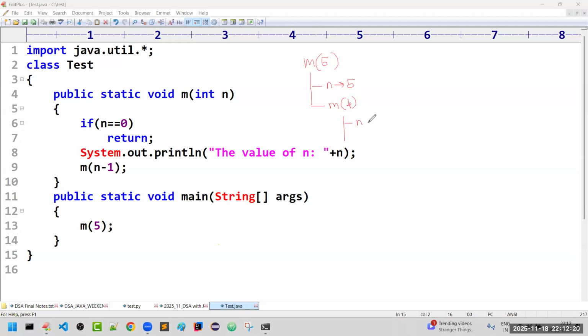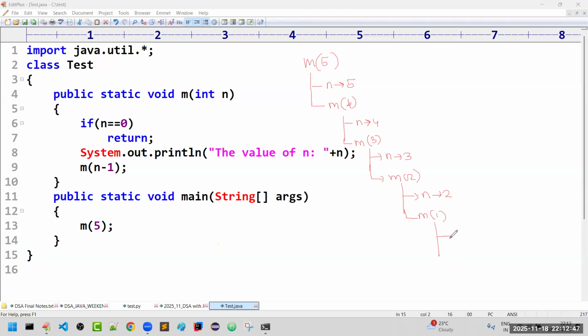For 4, it prints the value of n is 4, and it calls m of 3. For this, it prints the value of n as 3, and it calls m of 2. For m of 2, the value of n is 2, and it calls 2 minus 1, 1.